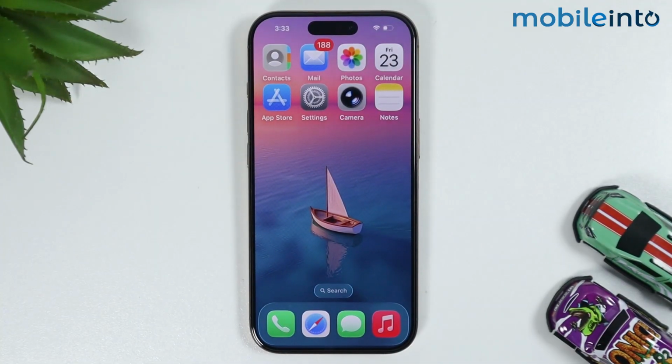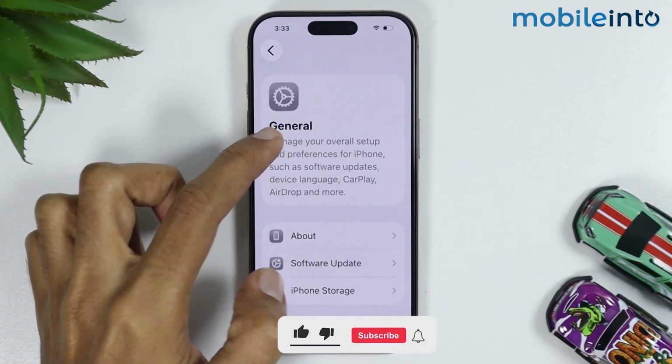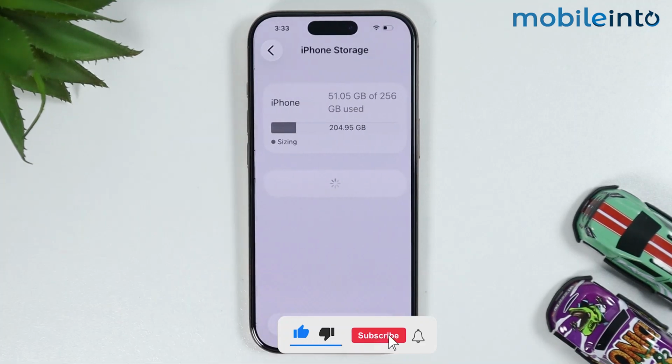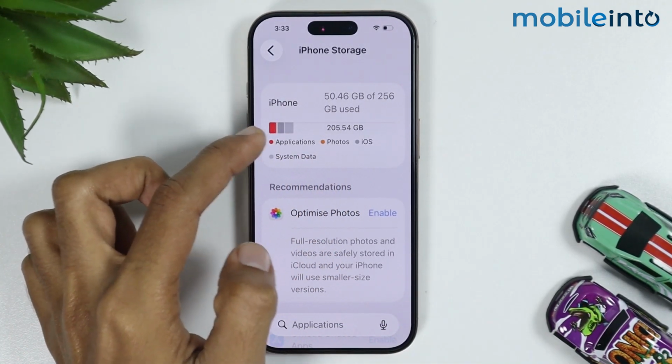If the storage of your iPhone is full, in this video I will give you a solution for this problem. For that, just go to Settings, then tap on General. Under the General settings, just tap on iPhone Storage. Now from here, you can check the storage of your iPhone and what type of data is